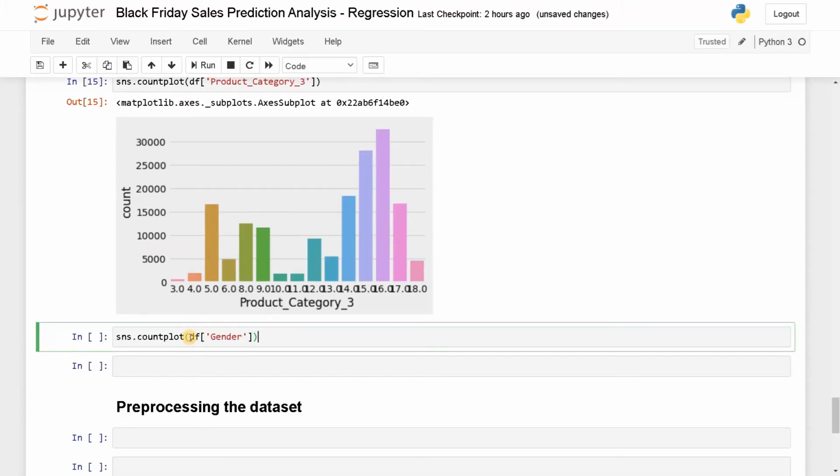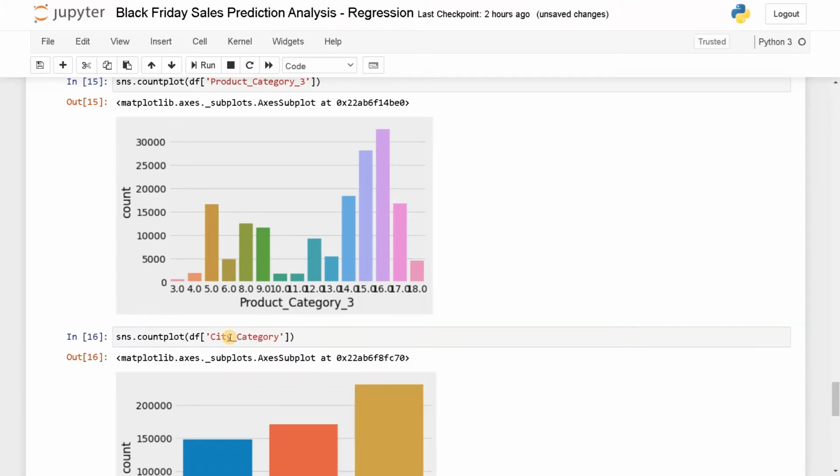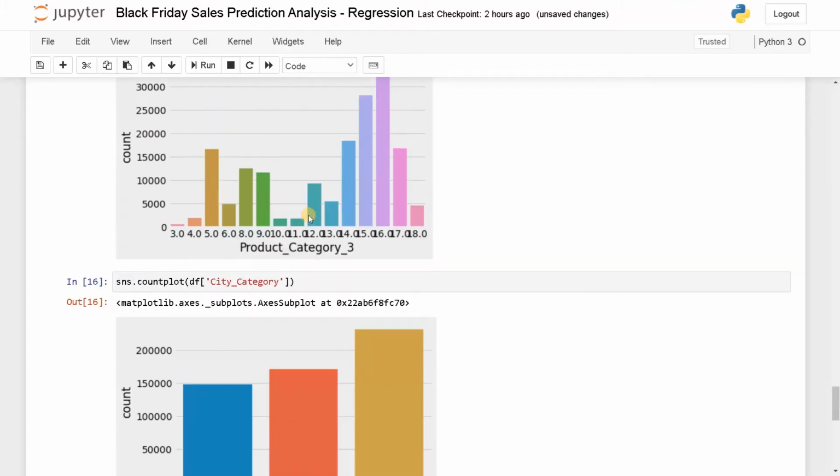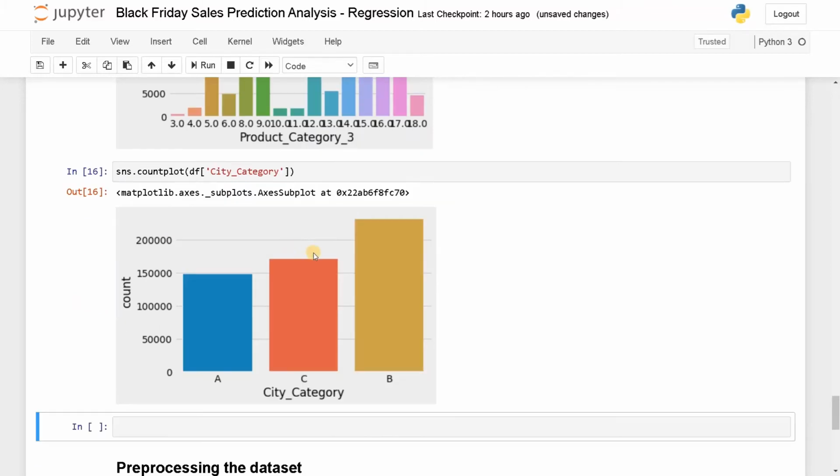Okay, we have city category, run it. So we have three types of city. So here I can guess which category belongs to urban, rural or semi-urban. Maybe I can say B is urban because more number of people living in urban. It depends on the state they got the data. So I can't assume. So it's reasonable number. So it's not that much varying like these categories. So it is way much higher and the difference is huge here, but here it is negligible. So we don't need to worry about this.